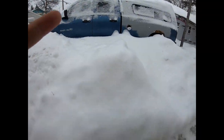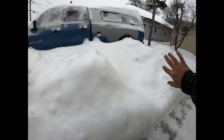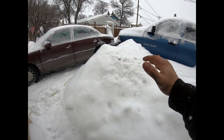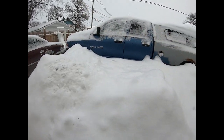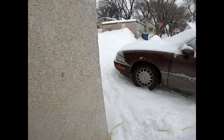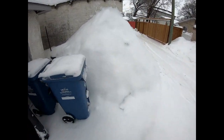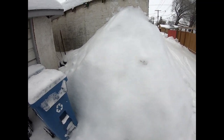Well, I think I got enough snow here, so we got this whole pile here. I'm just gonna transfer this big pile onto this big pile and get the snow away from the truck a little bit. Kind of pile it all up there. I mean, we already got a pile that's big enough right here that we could bore a hole in and dig out, but